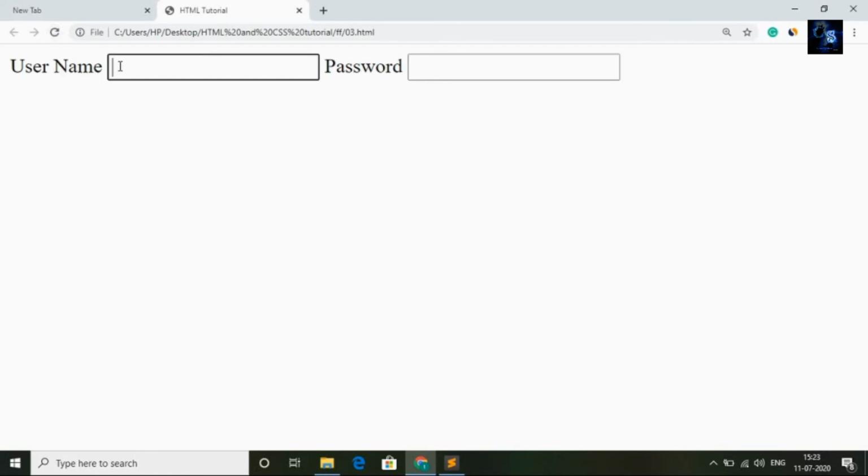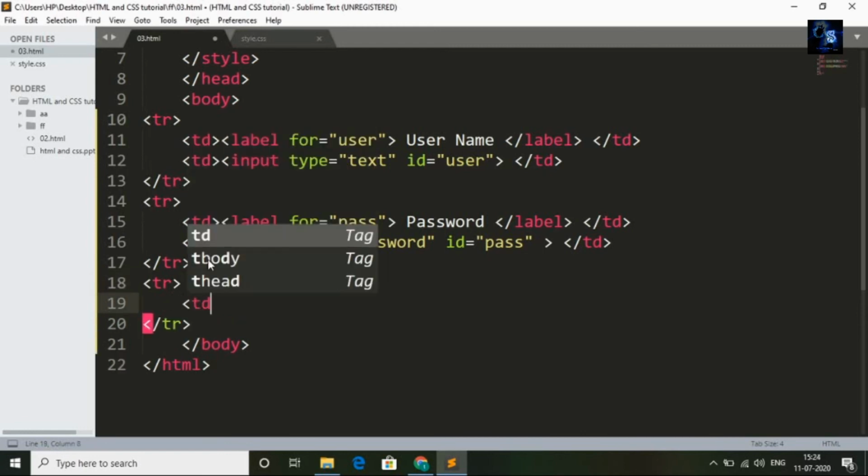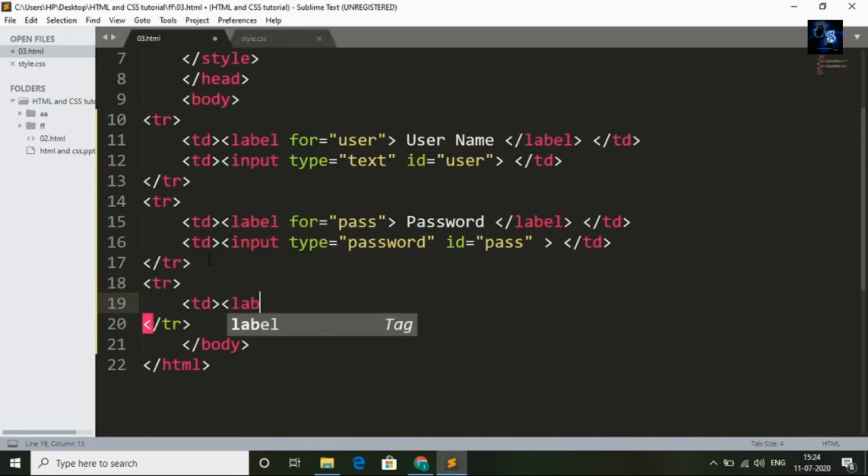Here you can see username. The user can give his name here, and for password he can enter the password here. Now I will come back to the text editor. Now I will ask the user to enter gender, whether you are male or female. tr tag, this is the closing tag. Inside the tr tag, td, label gender